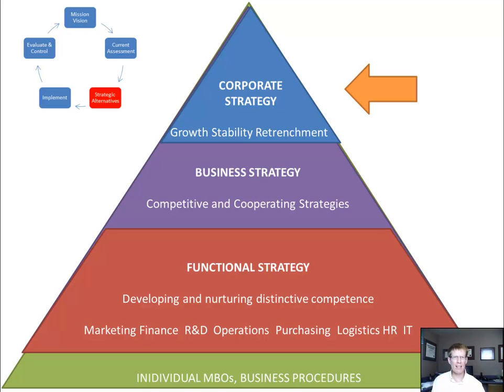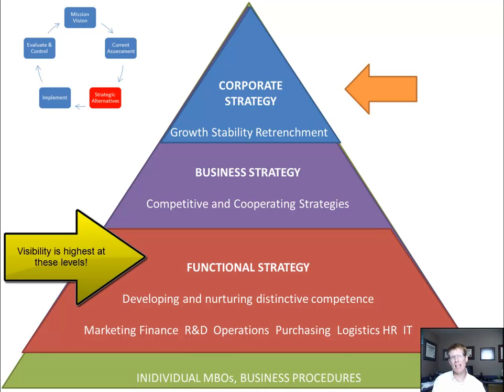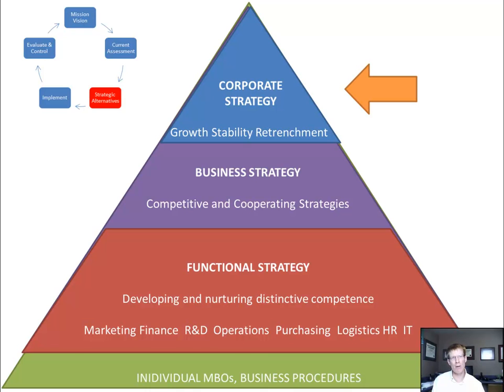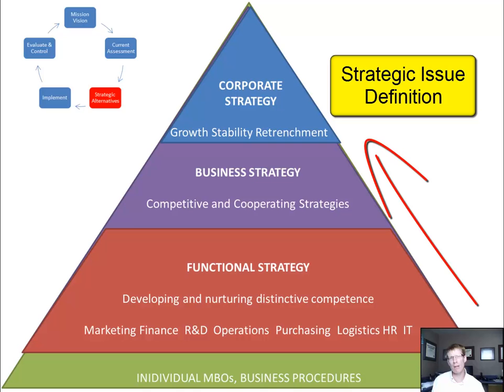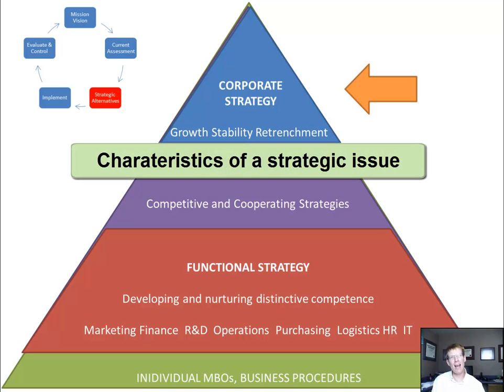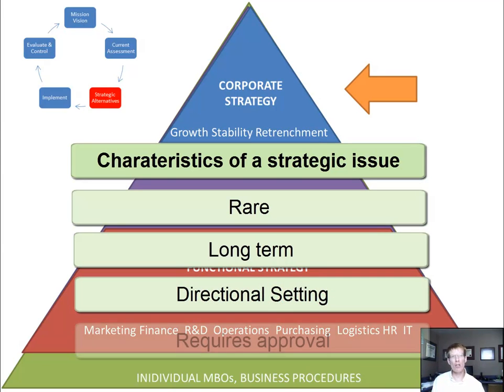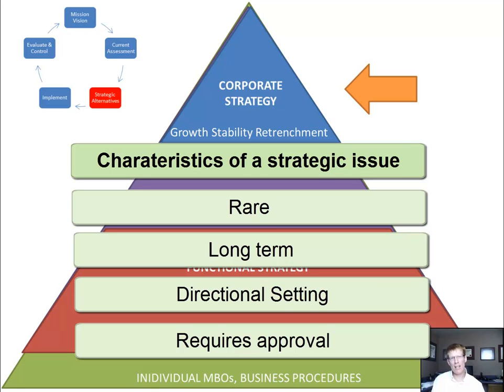And this is where strategic planning discussions can get bogged down because often strategic issues are most visible at the lowest levels of what I call the hierarchy of strategic decisions. However, solving lower level strategic issues requires clarity on the higher level strategic issues first. So one of the early conversations we've got to have is around defining the strategic issue and addressing the issue as high up on the pyramid as we can go. Then we work down. Characteristics of a strategic issue include such things as being rare, long-term in nature, directional setting, and it requires a go, no-go type approval. There's a strategic definition worksheet in your strategy toolkit which you can download from the